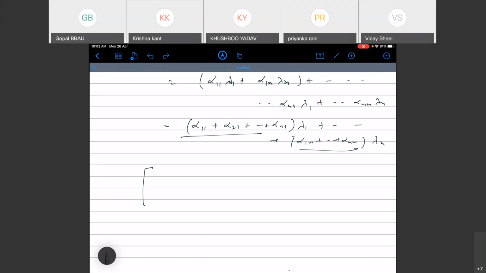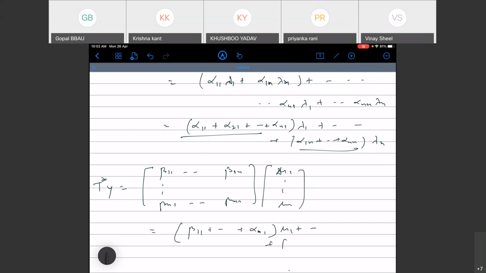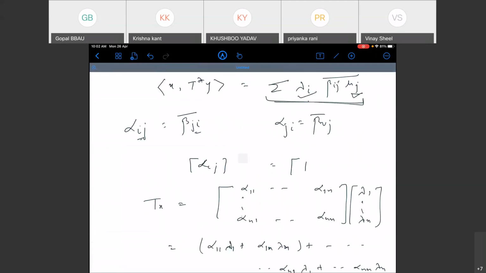जो कि T* के लिए था, जो कि T*y के लिए मिलता, ठीक है। T*y क्या है, β11 β1n βn1 βnn, और यहाँ पर y क्या था आपका, μ1 μ2 μn ना। तो सेम ऐसे रिलेशन मिल जाएगा आपको, β11 βn1 μ1 β1n βnn। ये देखना मैं कैलकुलेशन ठीक कर रहा हूँ या नहीं कर रहा हूँ, वो आप चेक कर लीजिएगा, ठीक है।